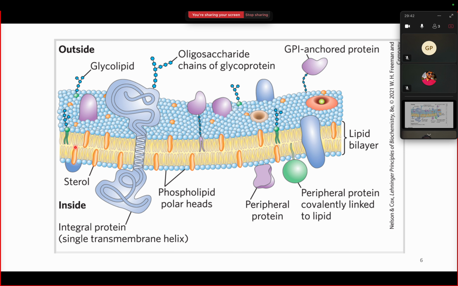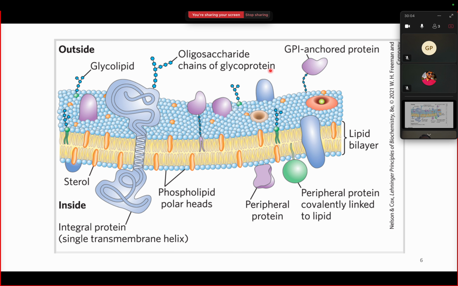We're gonna discuss the structure of a phospholipid in the coming session. So if the carbohydrate is attached with the lipid head group, that is called glycolipid. Okay, if carbohydrate is attached with the protein which is present in the membrane, it is called